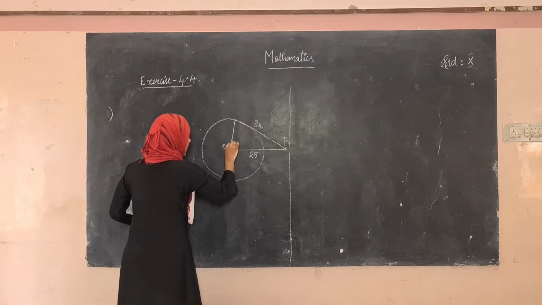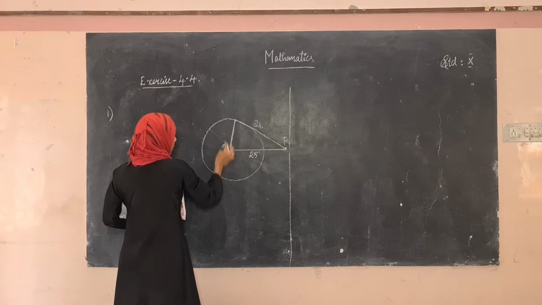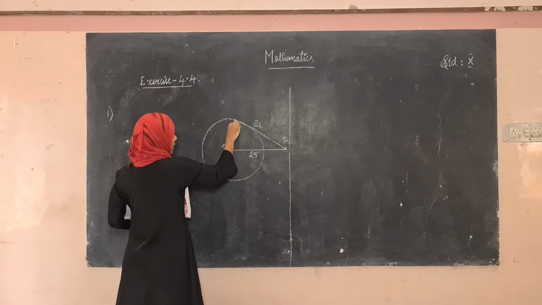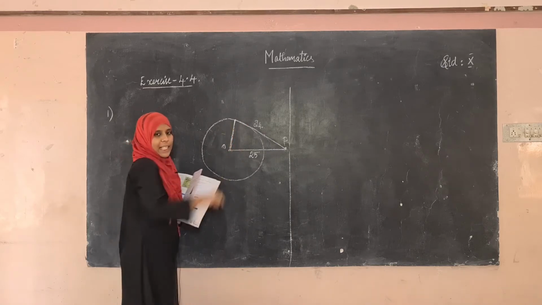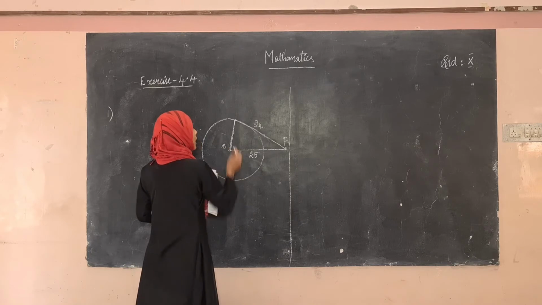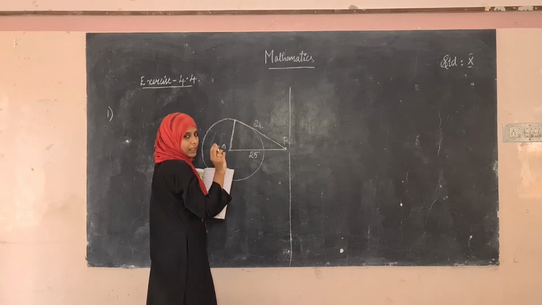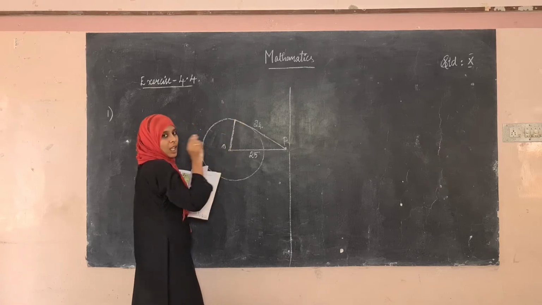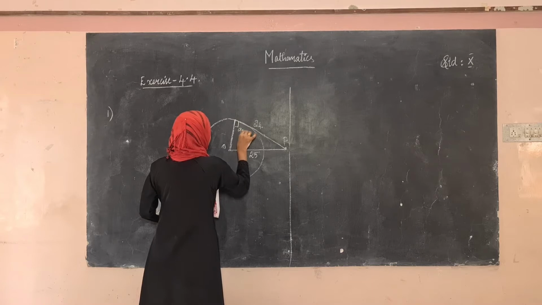So what is the radius? This is the radius, right? We can take anything as radius, but for our simplification, this is the radius. And we know that the tangent and the radius make an angle of 90 degrees. We have already seen this in example sums. This is common in everything. The tangent and the radius of the circle make 90 degrees. So this is 90 degrees.